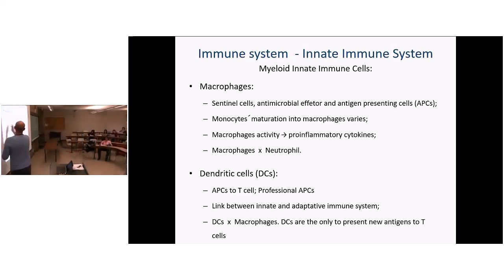So they tend to be called macrophage sentinel cells because, as I told you before, the monocytes leave the bloodstream, go to the organs, and they stay there. Eventually they turn over, but then more monocytes go inside, and they are always there. Okay, and they can phagocytose other things, but their major function, among others, is to actually present this antigen to T cells.